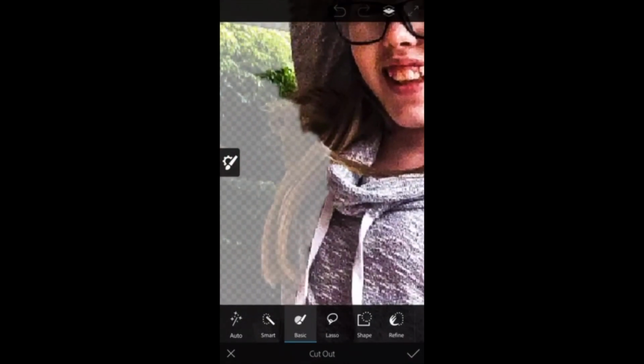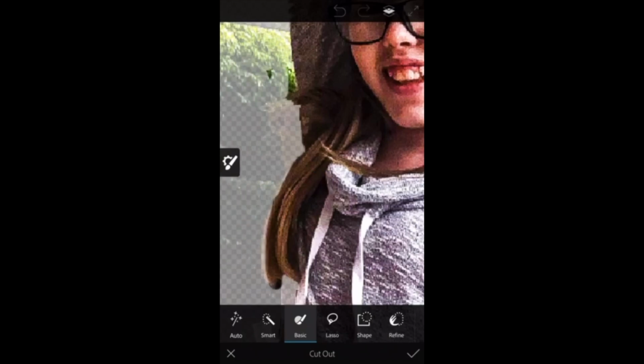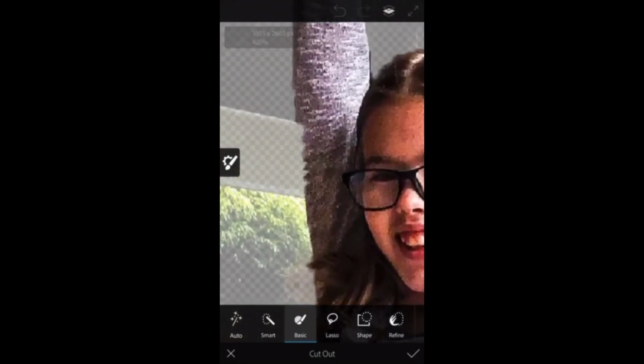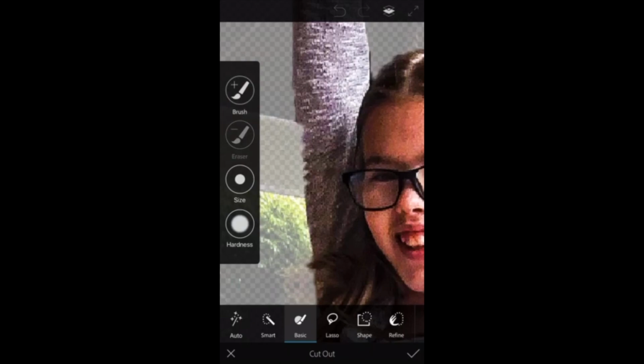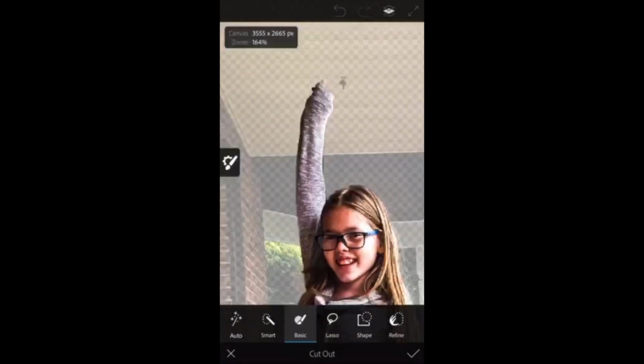And as you can see, I'm just pinching and squeezing the screen itself so that I can zoom in and be very precise. Where you can see where it's a little bit more transparent, that's the part that is cut out, that is not going to show in the final image. And where I'm seeing the actual full pixels come forward, that's the part that is going to show up in our final image. So I just do a lot of back and forth, add some, subtract some, until I get a nice clean edge where I'm seeing all the parts of the image that I want to see, and I'm subtracting out all the parts of this image that I don't want to see in the